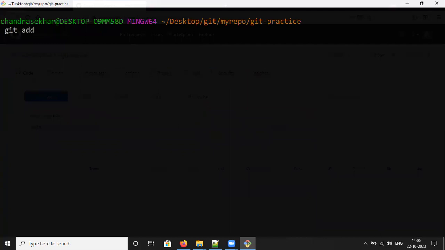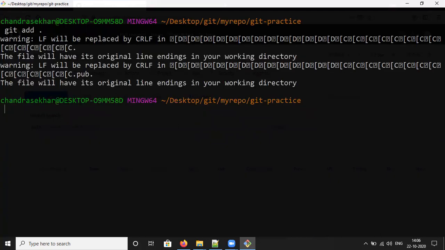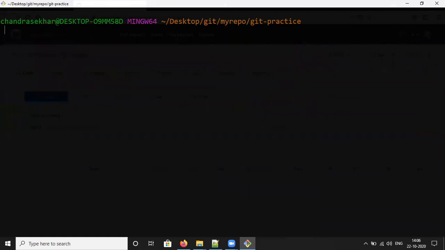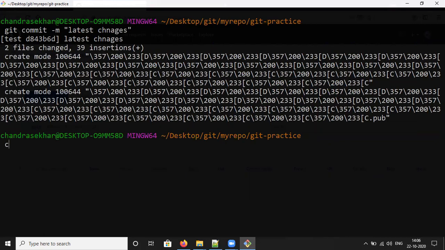Committing the file. Clear. Git commit -a. Sorry, -m, latest changes. It's committed now.